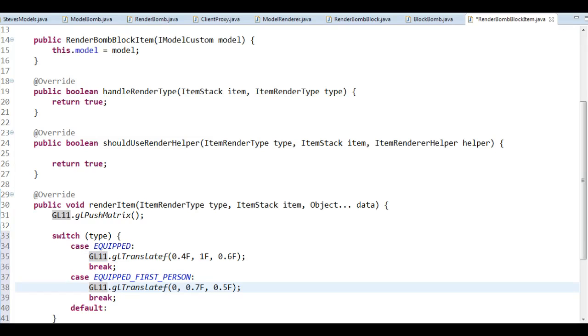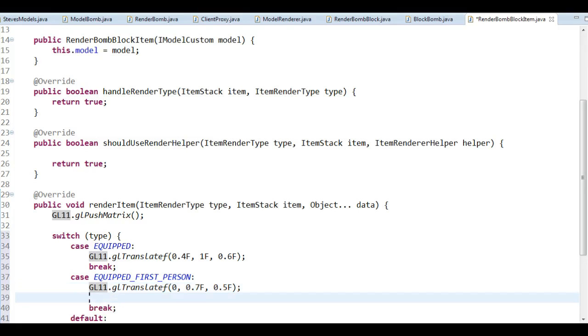But one more thing that I want to do: when we hold it in first person, we're going to see the back, and normally that doesn't really matter. We had that for the droid itself as well, but when we look at the back of this block here, what we'll see is the big red back side of everything. It would be nicer to see the front, so we could see TNT there on the top. So what I want to do is just rotate it 180 degrees to make it, well, rendered in the well, facing the player basically. It's going to do that already when it's equipped,